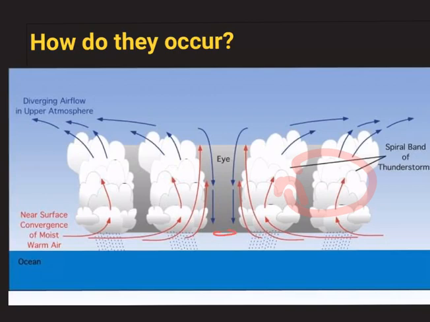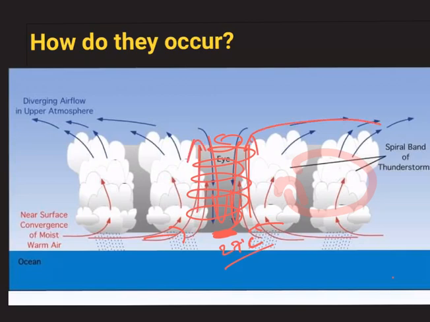So in summary, a low pressure area is present here with temperature above 27 degrees Celsius. Winds from the surrounding areas converge here to eventually spiral above the surface. As they rise above the surface, they release latent heat. This latent heat makes the air present in the eye of the cyclone warmer, which eventually subsides down into the low pressure area. And the rising air which forms the eye wall of a cyclone eventually subsides at around 200 kilometers away from the low pressure area of the cyclone. Further, these subsided winds again converge at the low pressure area. And during the whole process, cumulonimbus clouds are formed, which are as high as 10 to 12 kilometers.